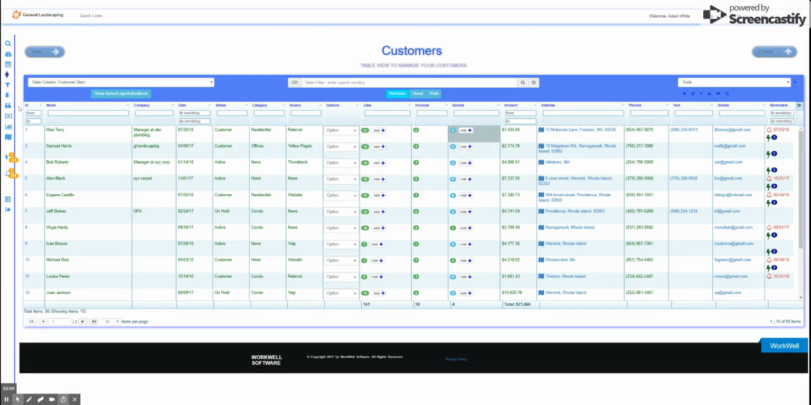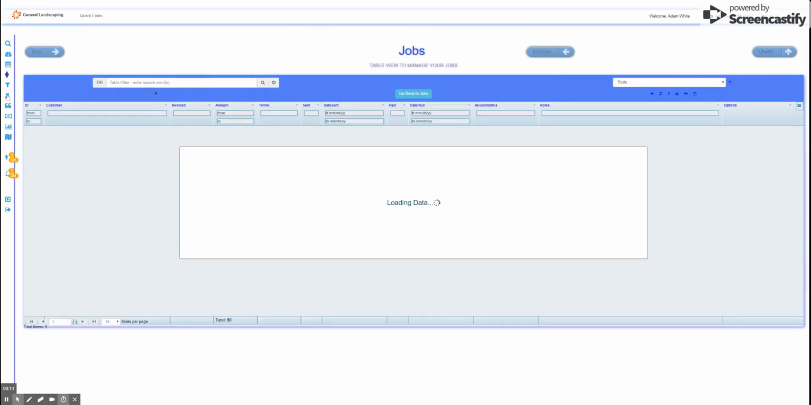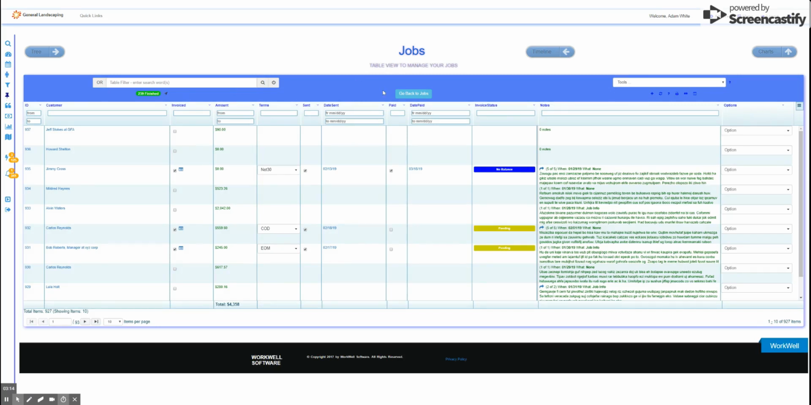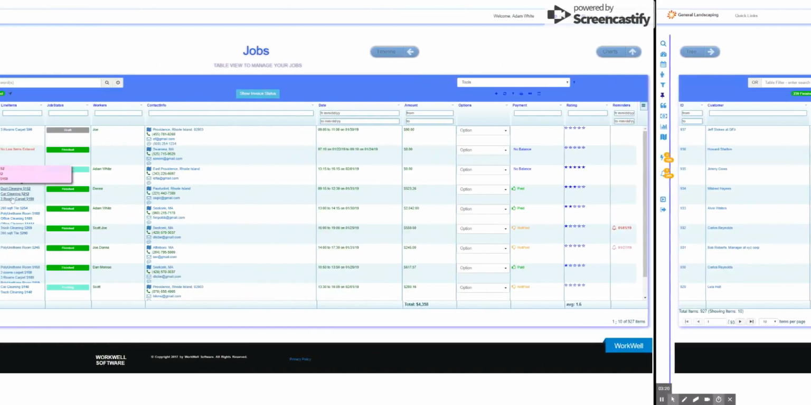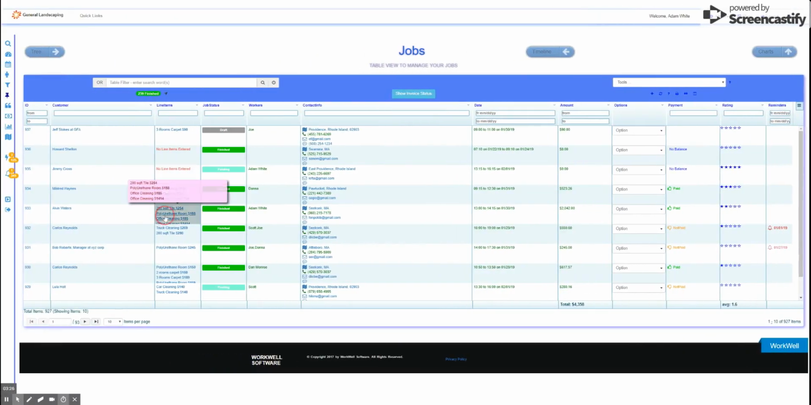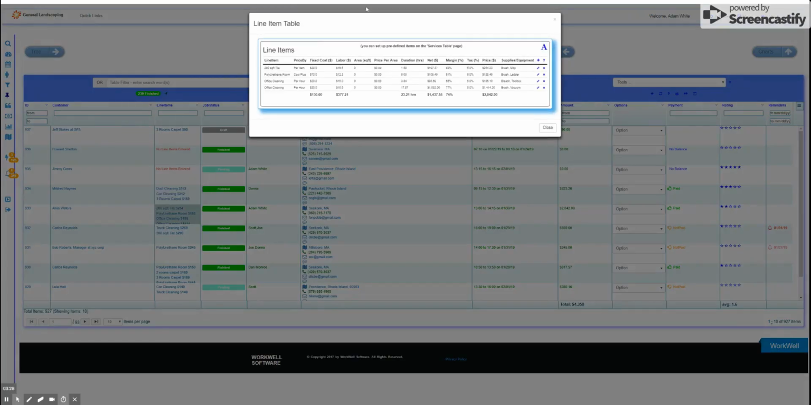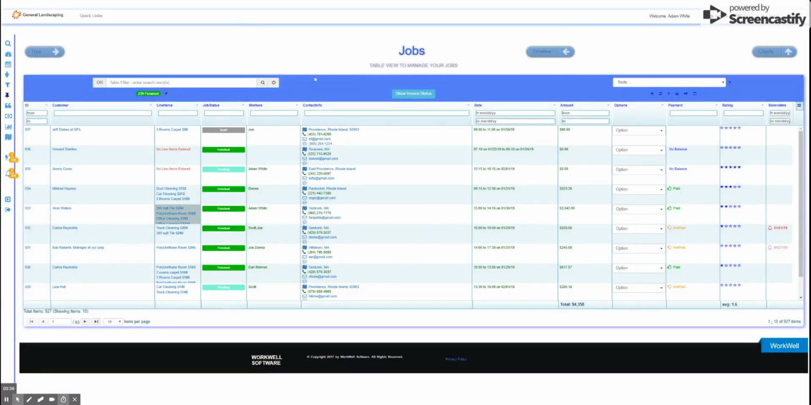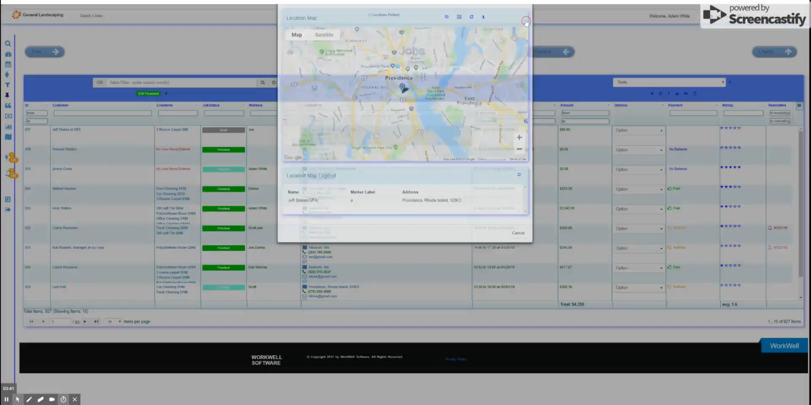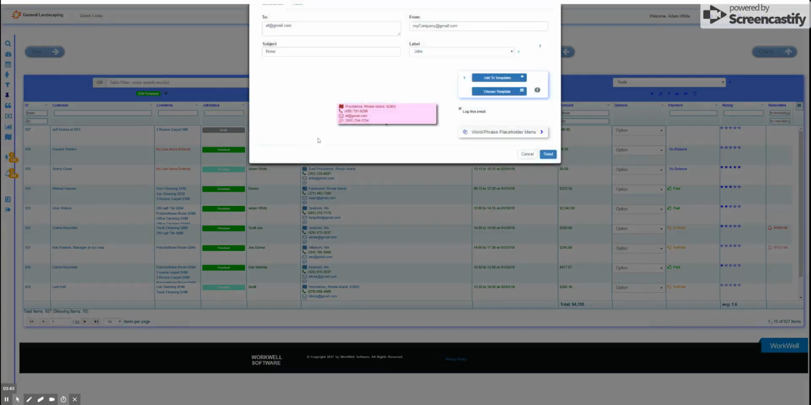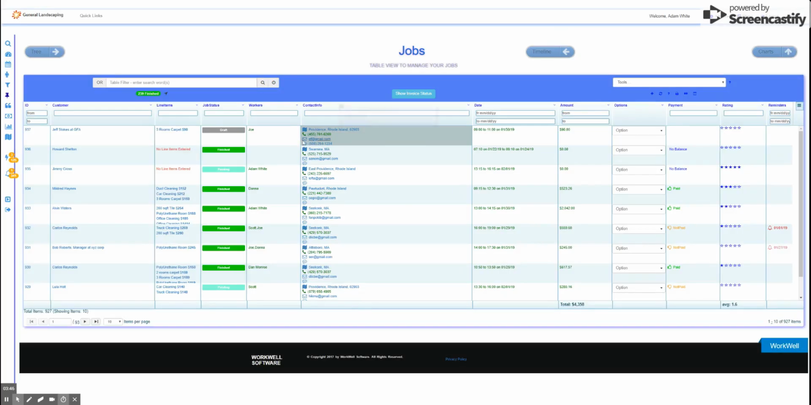I'll pop over to another table. Let's go to the job table. And we're on the invoice view now. I'll jump to the job view. We see a lot of interactivity again. In the line items column, if we click on a set of line items, the line item table tool pops up, allowing us to create new line items or modify existing line items. In the contact information, we can jump to the map, email, text,